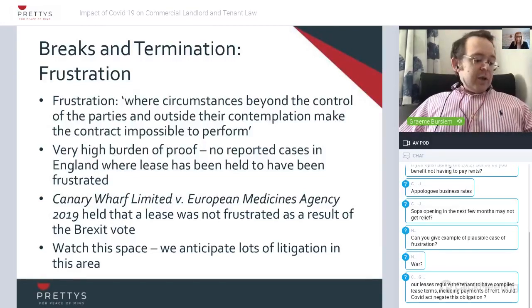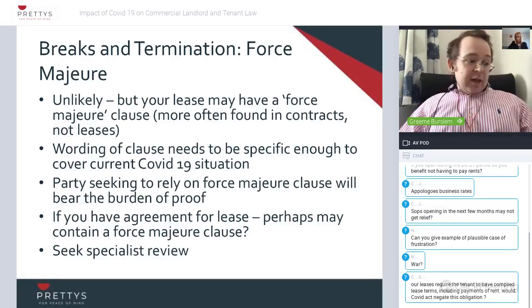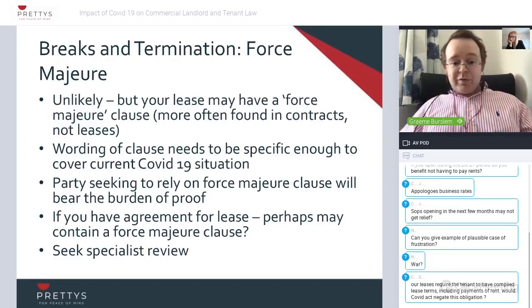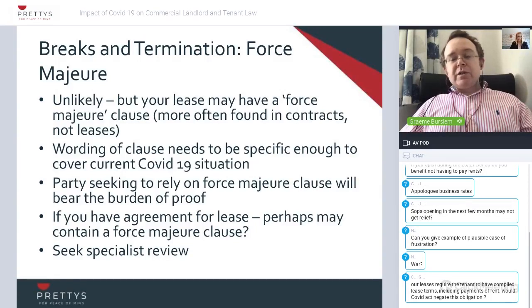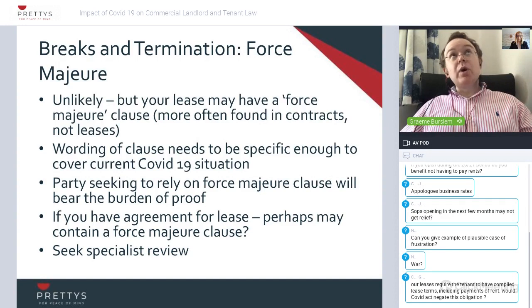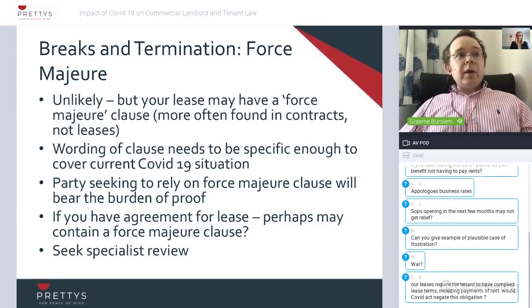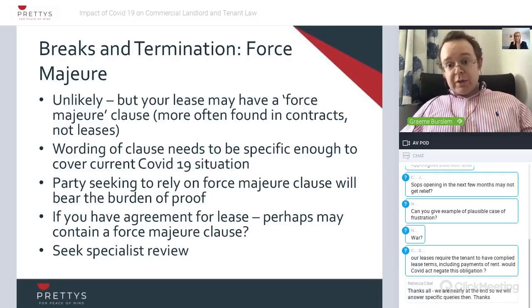So another thing that people thought at one point might be relevant. People on this are going to be aware of the concept of force majeure. It's similar to frustration, but you'll sometimes see it in agreements, very rarely in leases. I haven't actually seen it in practice. In contracts, you will sometimes come across a force majeure provision. It's more common where you've signed up to a contract and you say, I'm going to do something by a particular time, such as carrying out some works to a property,